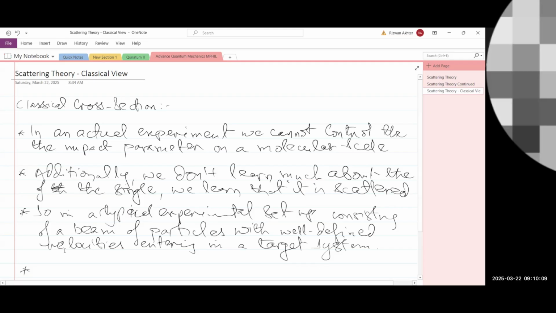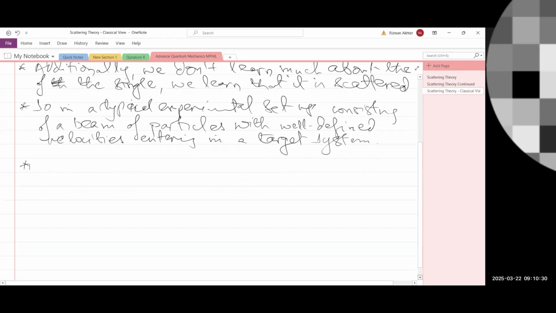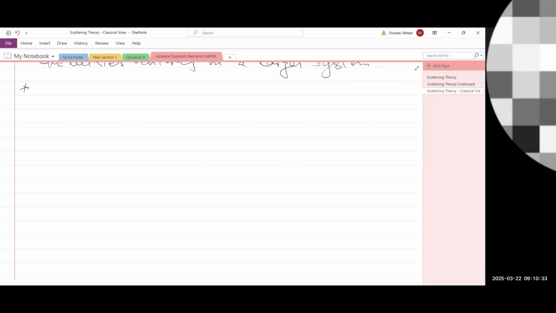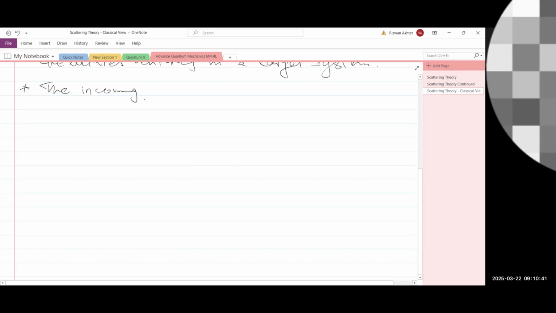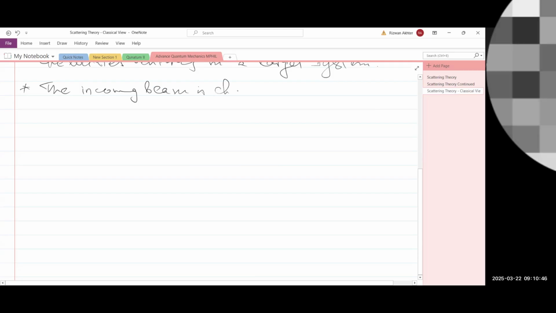So we could think about a beam of particles passing through a perpendicular area, and that area is perpendicular to the momentum of the beam. And so one could say the incoming beam is characterized by